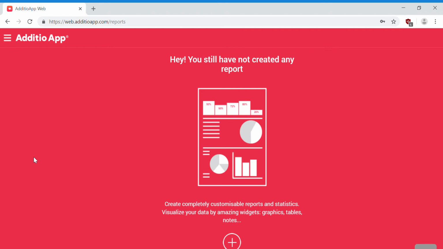But this app doesn't necessarily allow you to do those things, especially if you're not buying the most expensive version of it. However, it's completely able to be linked with Google Classroom, and Google Classroom does allow you to do those things. And anything you do on the Additio app will automatically be synced with Google Classroom if you choose that option. So say I had a whole bunch of students and all their assignments have been turned into